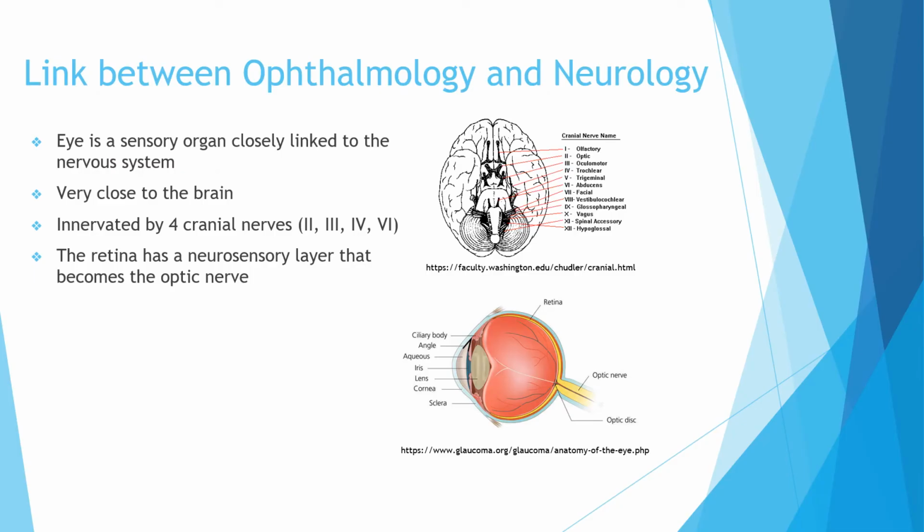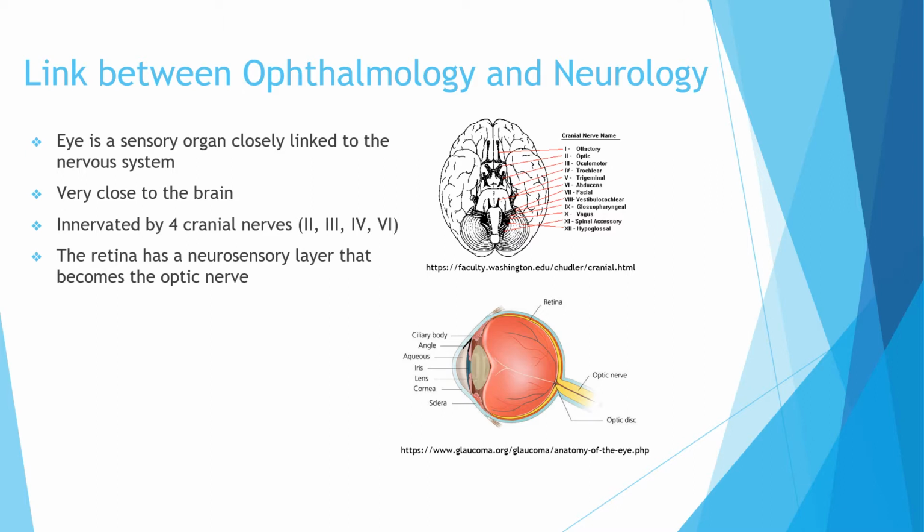Ophthalmology and neurology have a very intricate relationship. The eye is a sensory organ that is very closely linked to the nervous system and is very close to the brain, both in physical proximity as well as in the sense of the neural pathway. The eye is also innervated by 4 out of the 12 cranial nerves, 2 for